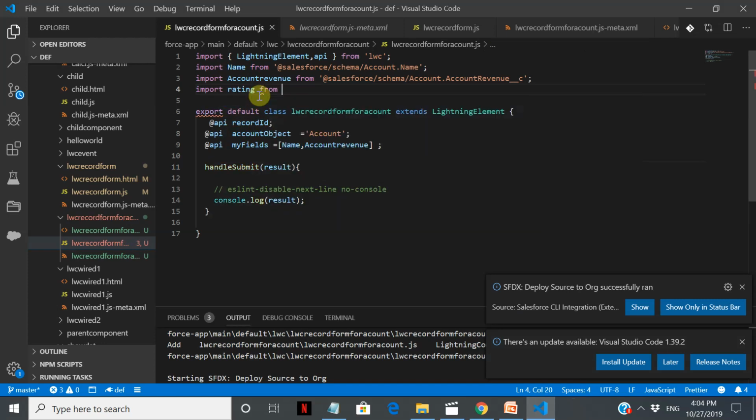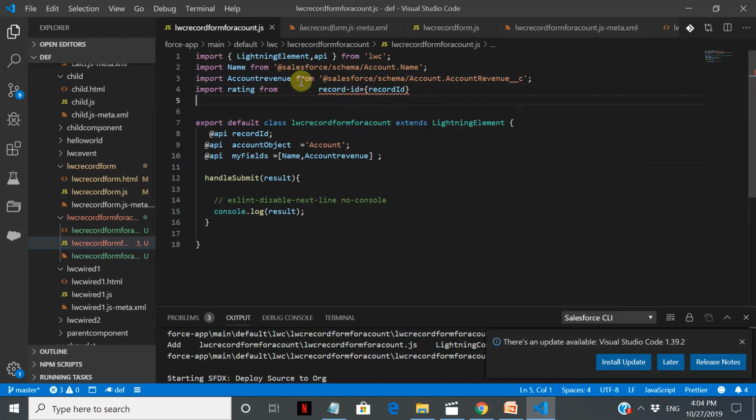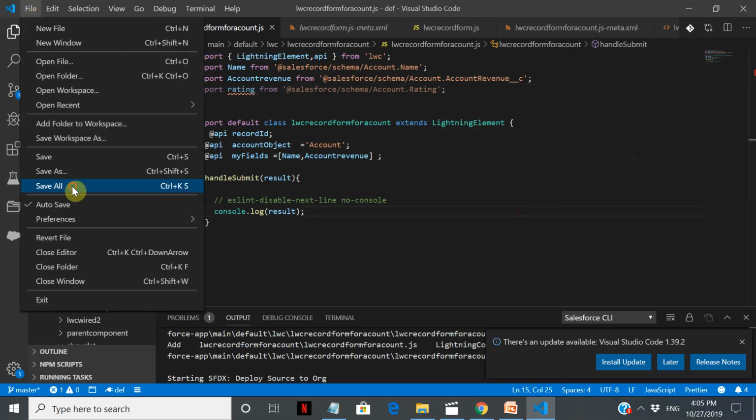Let's take this whole thing. And this is going to be account.rating, save all, and the field also has to be added here. Let's deploy this to source org.